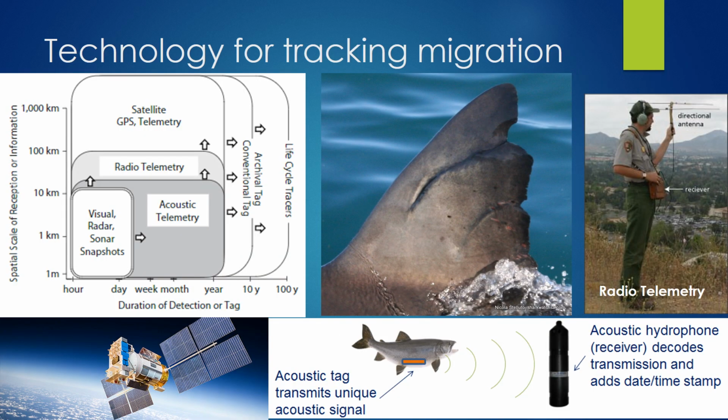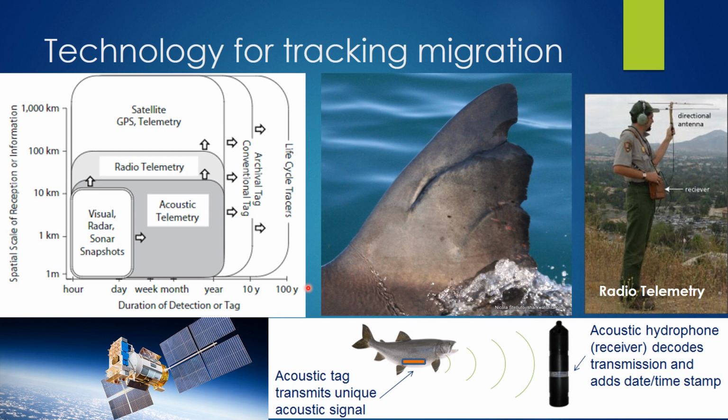There are lots of different types of technology used to help track migration. As you can see in the figure, the different types of technology play a big factor in how long they can be used for and the spatial scale that they can be used for. There are a lot of different costs and benefits for doing these different types of